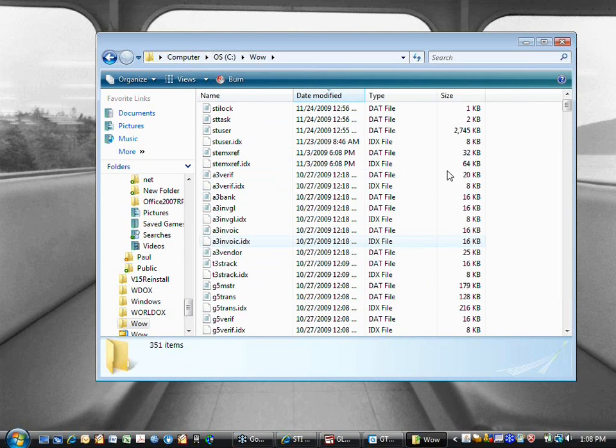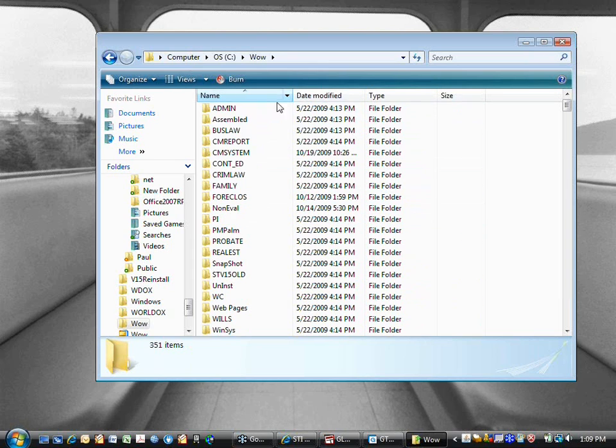If you look at it by date modified, you'll see lots of files with today's date or very recent dates that you won't see. My demo system isn't used quite as often, so that you won't see in the local drive. But the bottom line is you need to get to the real data on the server,